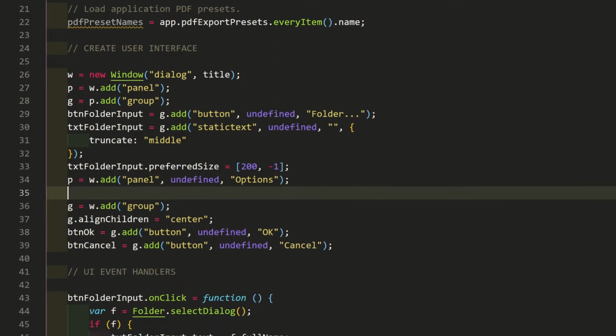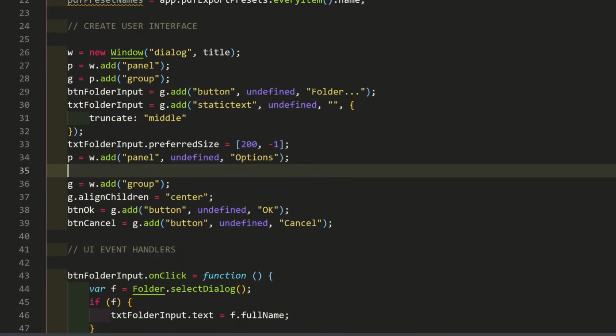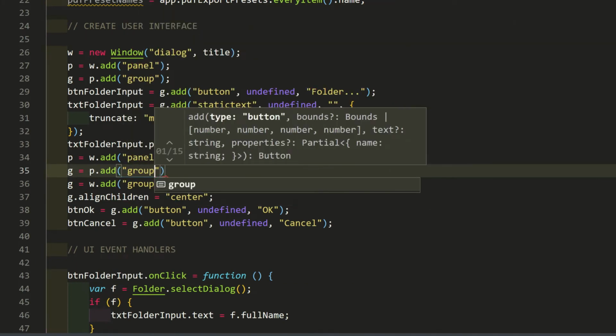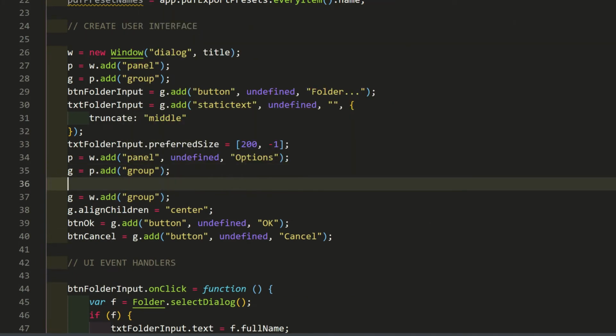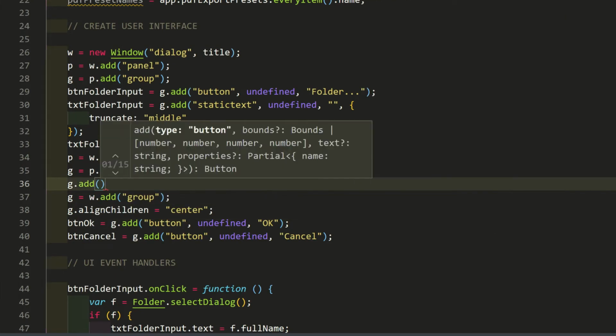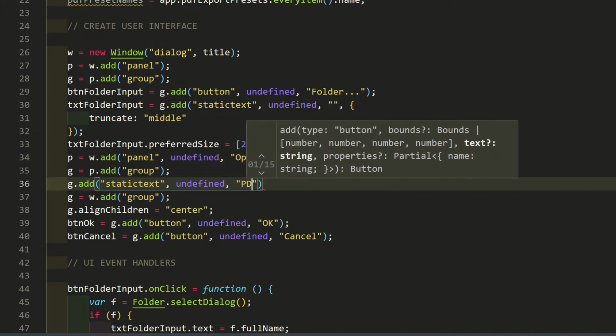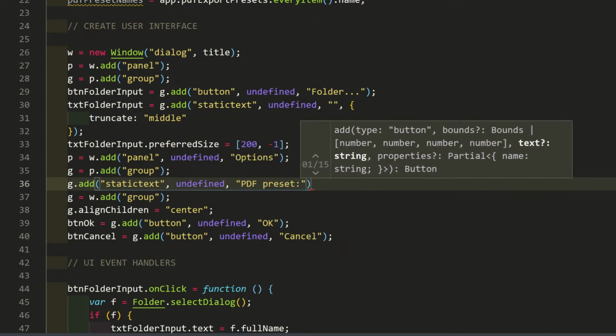Next, add a group so the text label and drop-down list are side by side. G equals P add group. In the group, first is the text label. G add static text undefined PDF preset, colon.